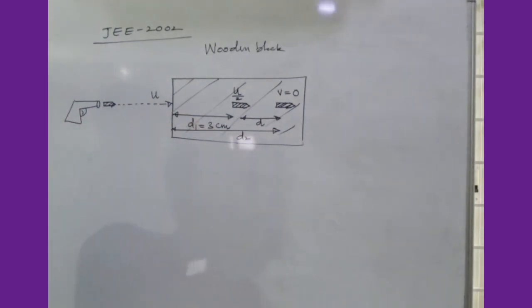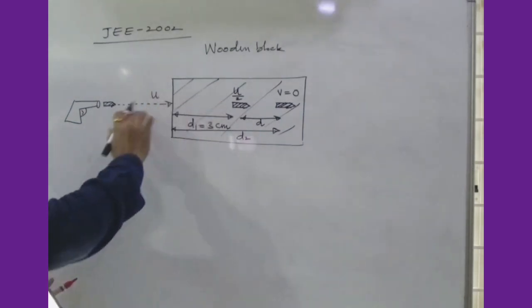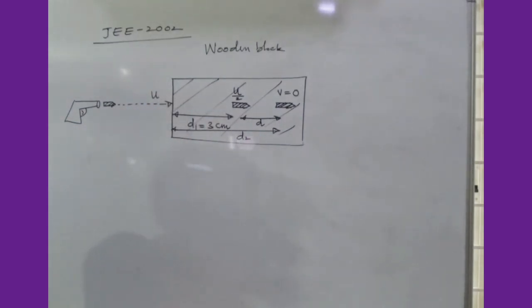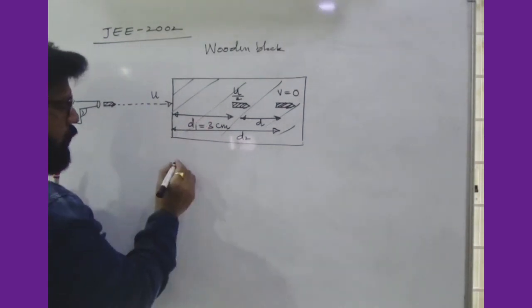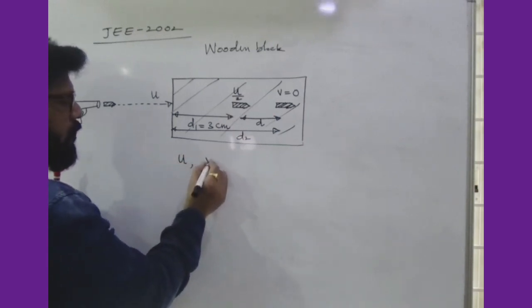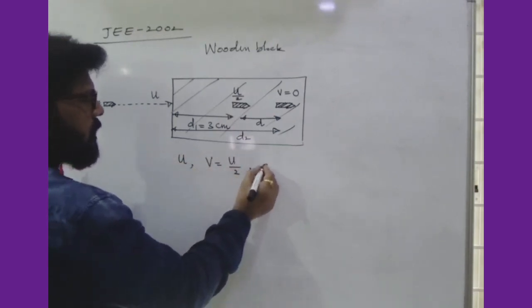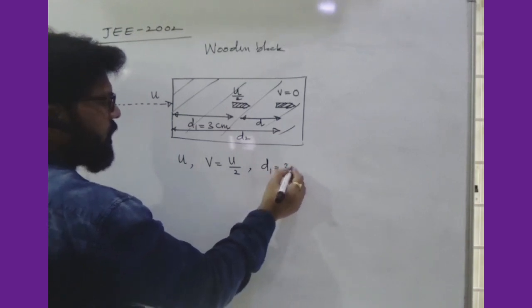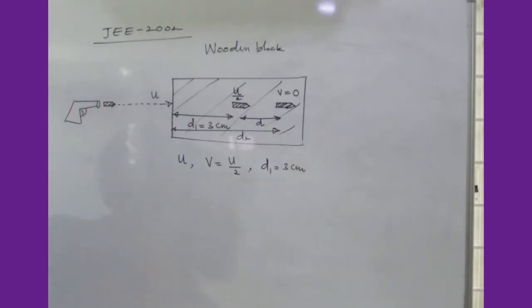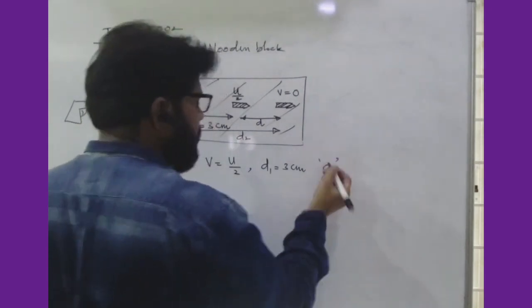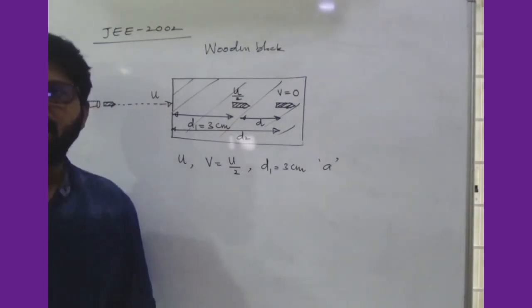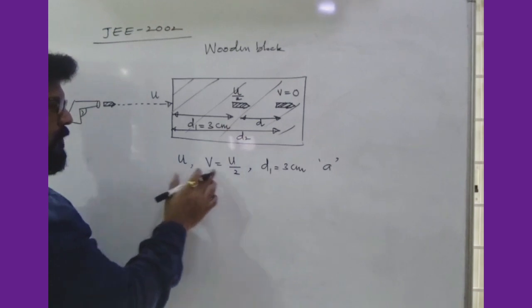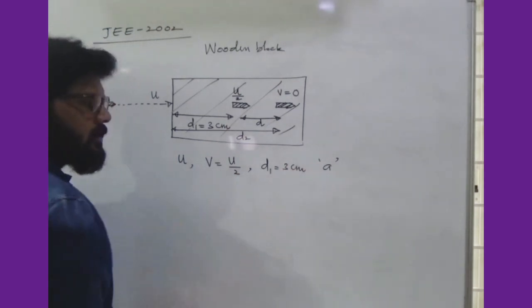For that purpose, what we'll do, we have a distance and velocities. You can calculate there, right? First equation, first one: initial velocity u is there, final velocity is u by 2, and distance d1 is equal to 3 centimeters. Acceleration, it's nothing but retardation, right? You can keep it as acceleration a itself. So when velocity is decreasing, it is called deceleration. Now u, this is final velocity, d1 is equal to 3 centimeters, acceleration is a.